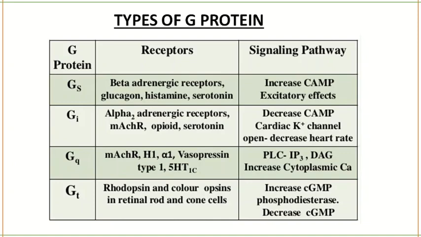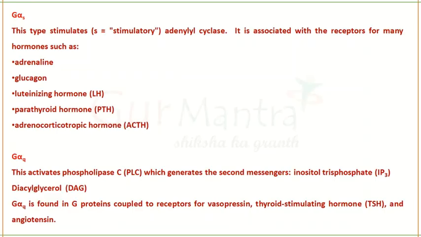So these are the different kinds of G proteins available. Some of them are stimulatory, some of them are inhibitory, and some have different functions. Based on their functions, they can catalyze different reactions. There are different types of receptors in which they are present and different signaling pathways based on that. All of these signaling pathways we will definitely deal with in the future lessons. So, a little bit of detail about G proteins. G alpha, GS alpha, is a stimulatory type of protein.